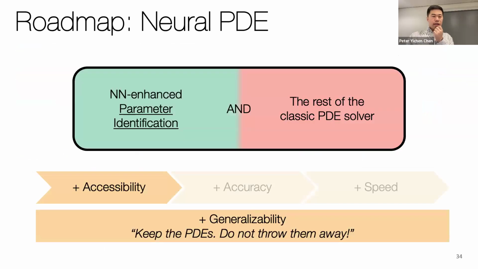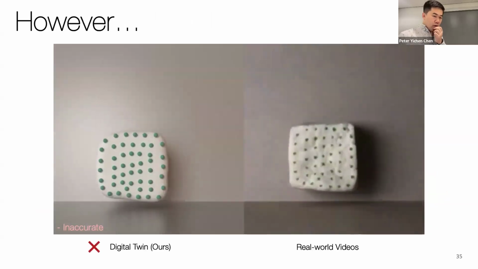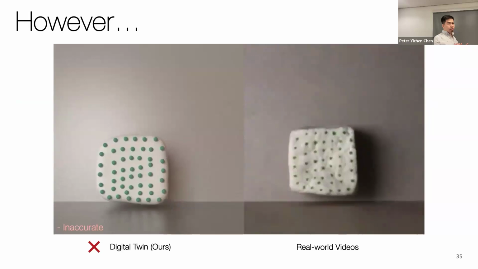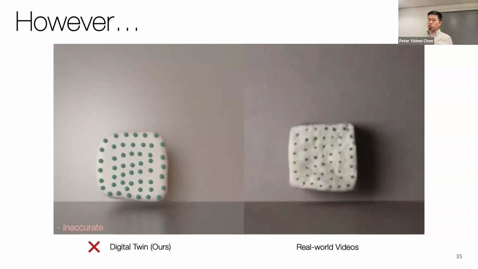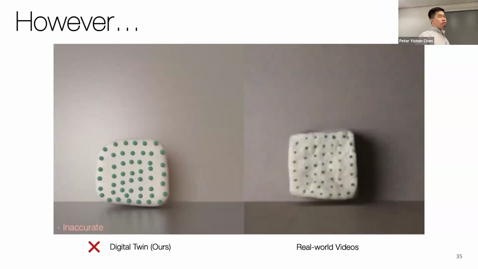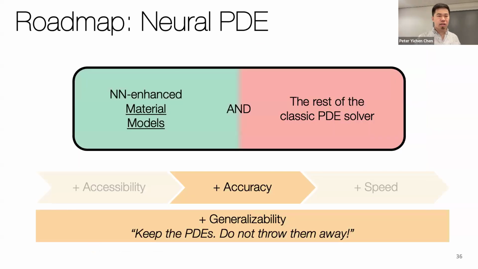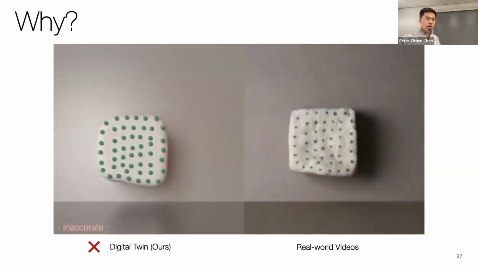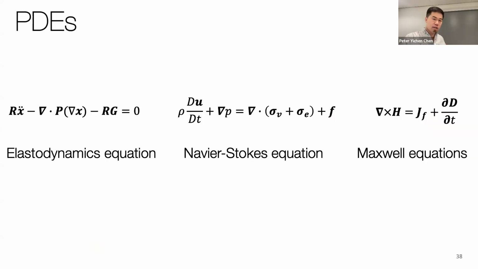All right, so let's move on to the next part. So we tried this technique where we're trying to inversely get these digital twins from videos. We tried it on some real world data. Then we ran into some issues. I realized it's actually kind of hard to find the correct material models directly using these material models. So this leads to the second part of my talk, which is about these neural network enhanced material models. So why don't we have very accurate digital twins here? In this particular case,